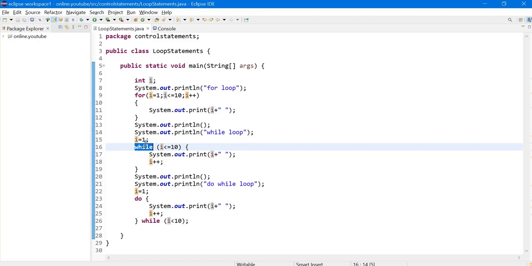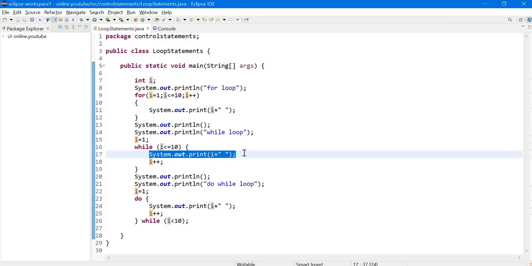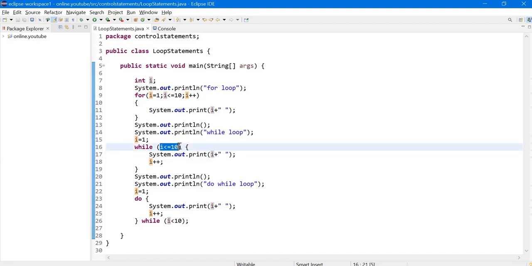So it goes back to the loop again. It checks for the condition. If 2 is less than or equal to 10, the condition is true. Yes. It comes to the next print statement. It prints the value 2. Likewise, it repeats, and once the value of I becomes 11, it goes back to the loop and checks the condition. That is, is 11 less than or equal to 10? No, it's false. So it comes out of the loop. So this is a condition. These statements are executed until this condition is met. Otherwise, the loop is exited. So let us execute this code and see how it works.